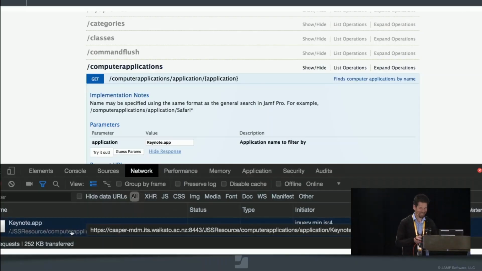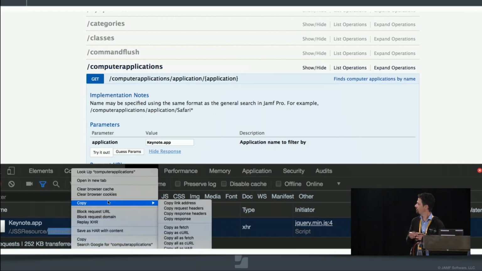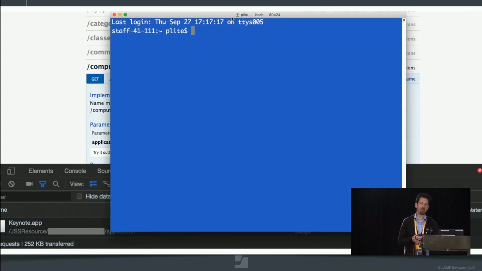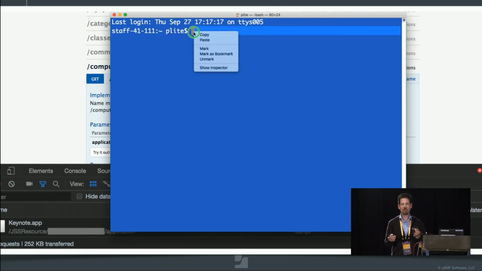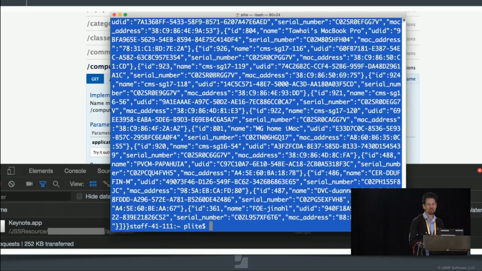I'm using a little bit of functionality in Chrome to grab the URL to this API call, and then I can automatically turn that into a curl extension. So curl is a great way to download data in the command line. So just in Chrome, I've expanded out the developer tools, I've grabbed the curl extension, I've pasted it straight in, so I didn't have to do anything at all except copy and paste that out, and there's my JSON data,